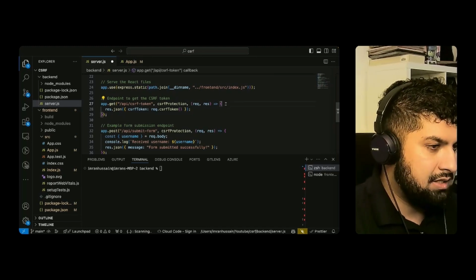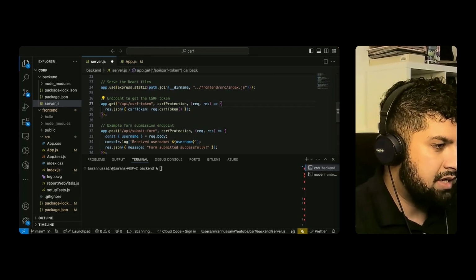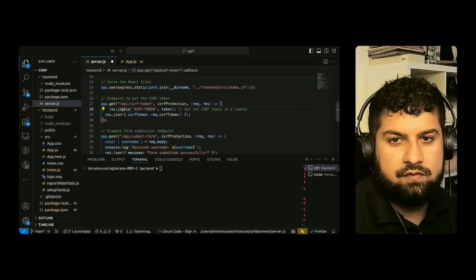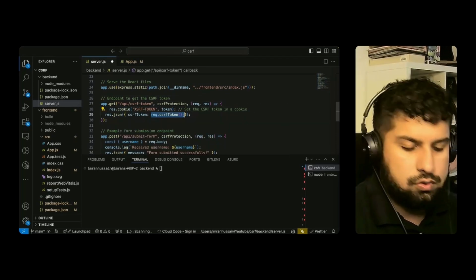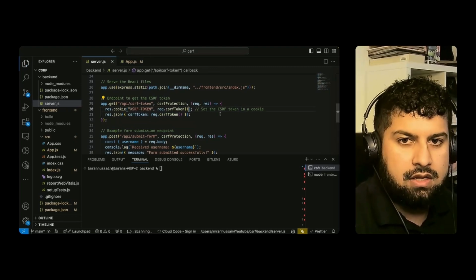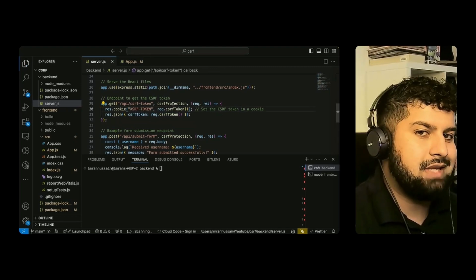But what we also want to do is pass in the cookie. So I'm just going to bring that in as well, and we want to set the cookie over here, and that is going to be to this, which is req.csrfToken. Let me save that. And what we want to do is we want to be able to test that this